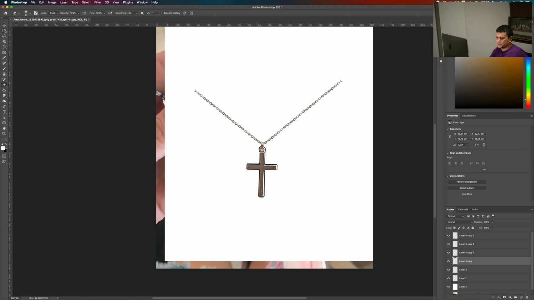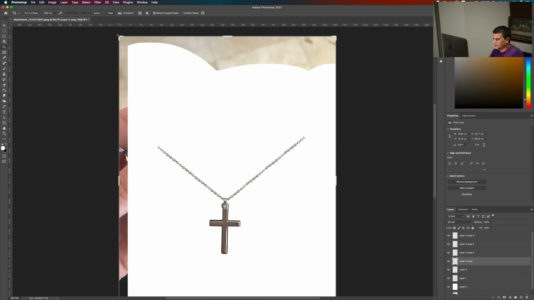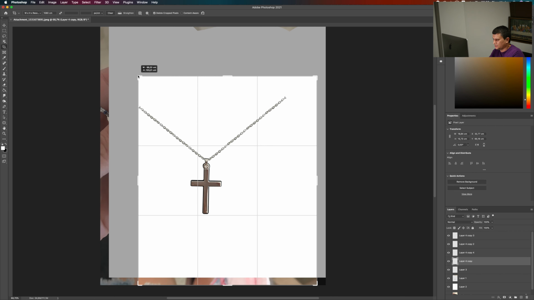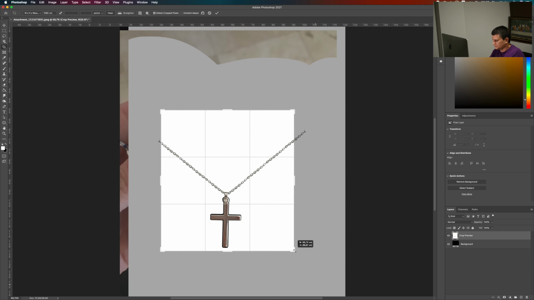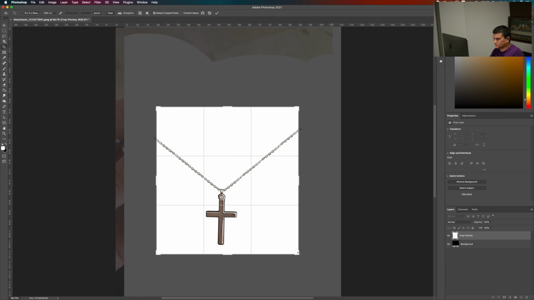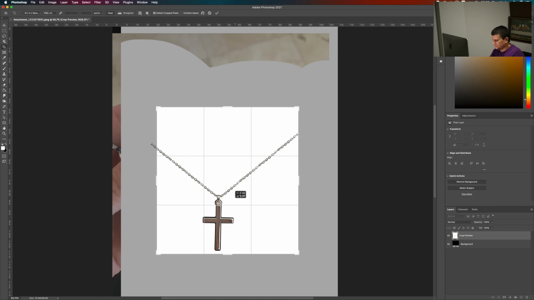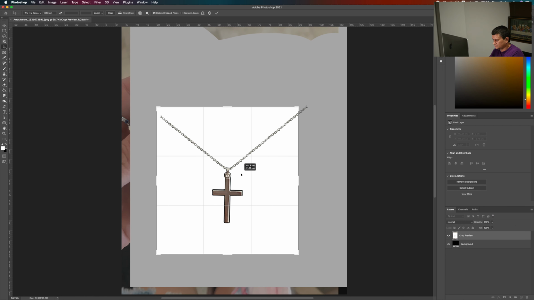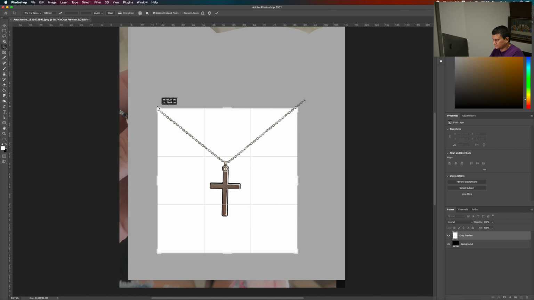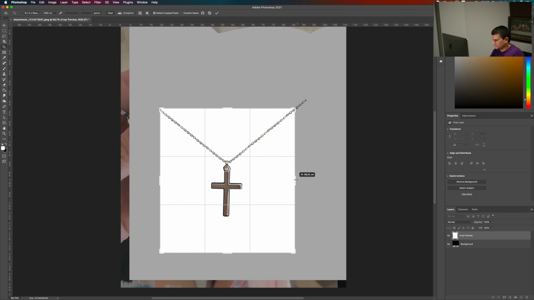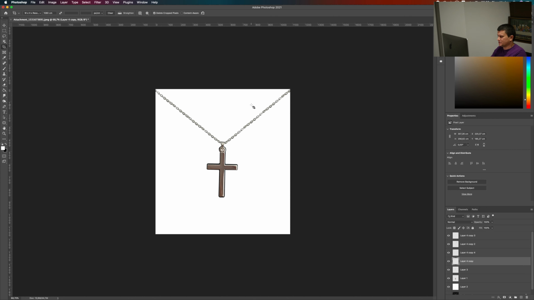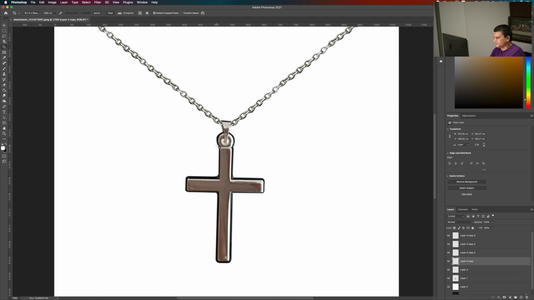Like this. Now just crop the image. It's too big. Press OK. Now this is our cross.